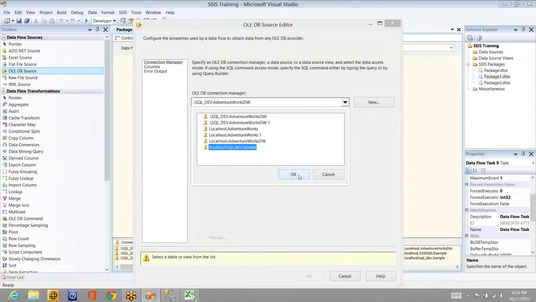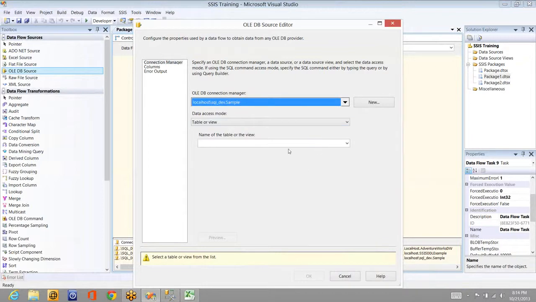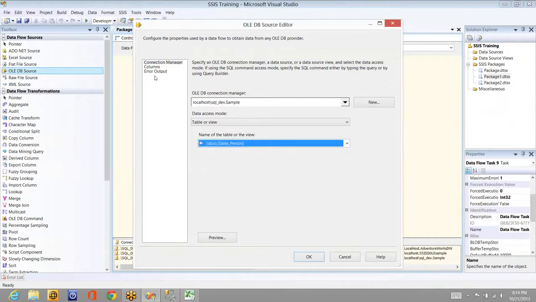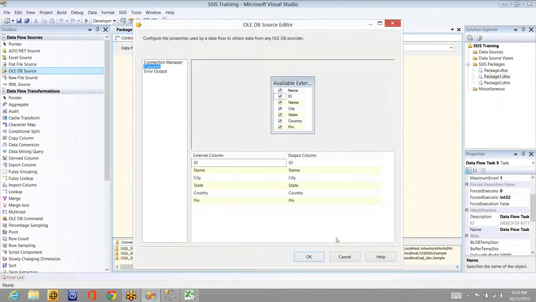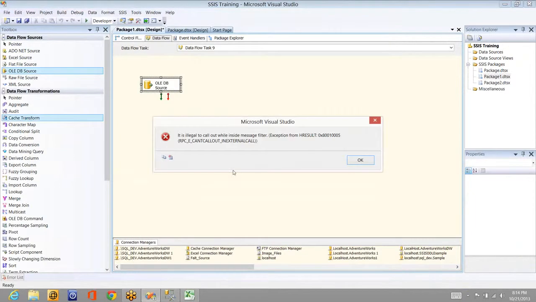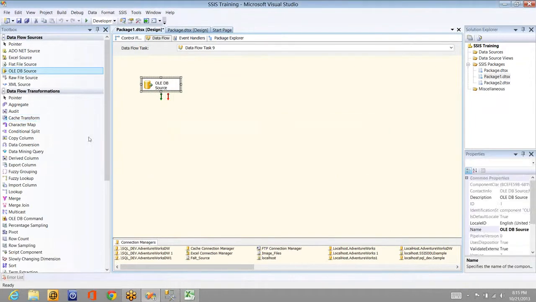I created a sample database, and I've created the tables in the sample database, and the master table is salesperson. Columns, fine, we're good. I did something. Let me check after the session.